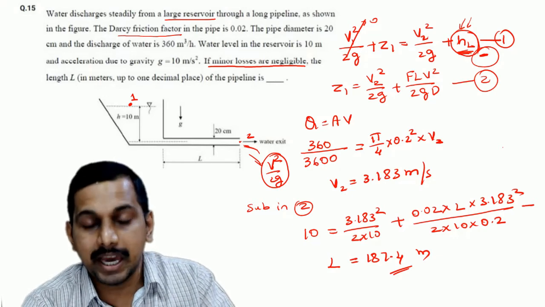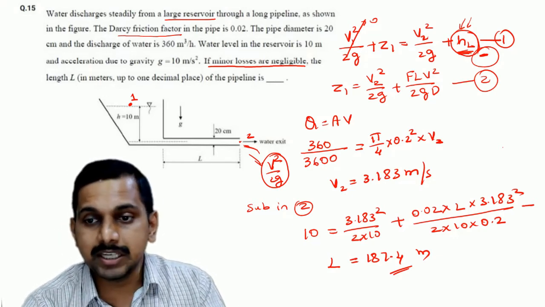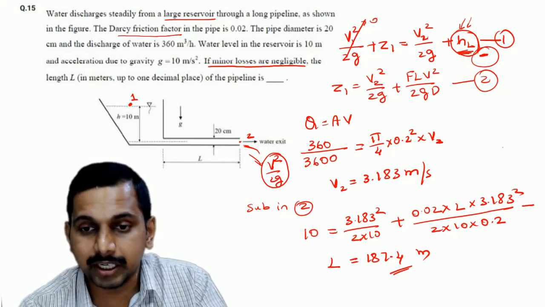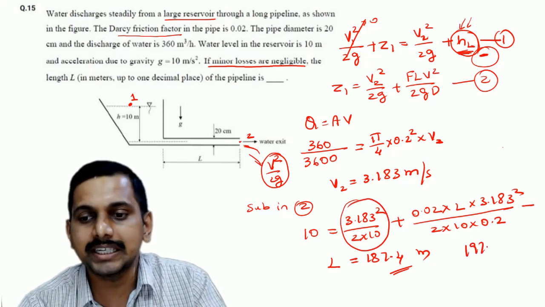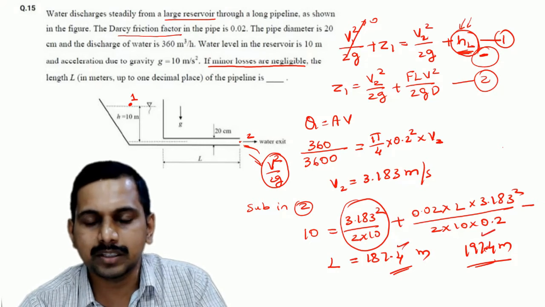Okay, another point has to be understood. One of the things that happens here is if we take v square by 2g, let me put the answer. If I negate this v, if I ignore this part, then my answer comes as 197.4 meters. Now the question is which is right, this one or this one?